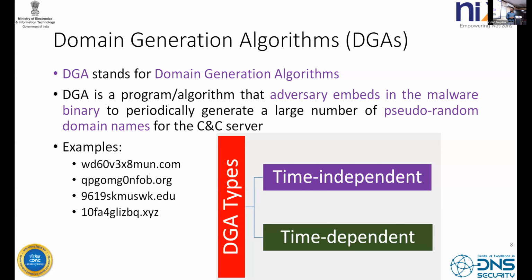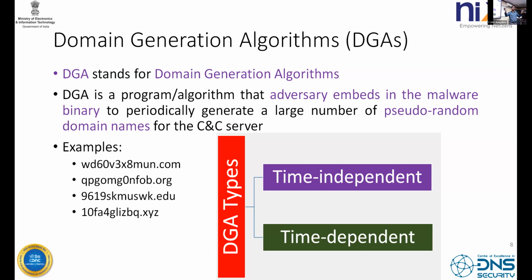There are two types of DGA domains basically. One is called time independent, the other is called time dependent. The idea is simple. Time independent means that when the DGA algorithm generates a domain name, it doesn't consider time as an input parameter. Time dependent means it considers time as an input. What it implies is that I run a DGA today, it will generate a domain name. I run the same